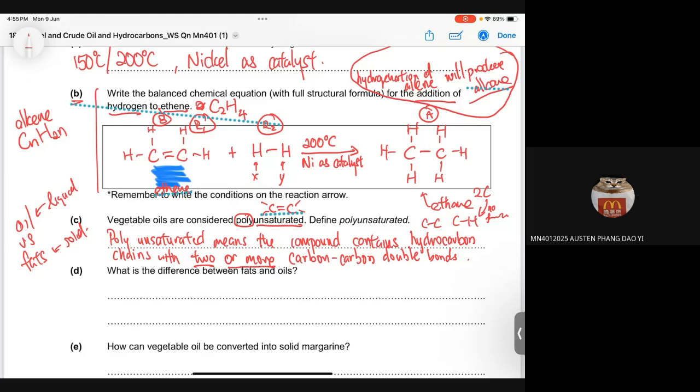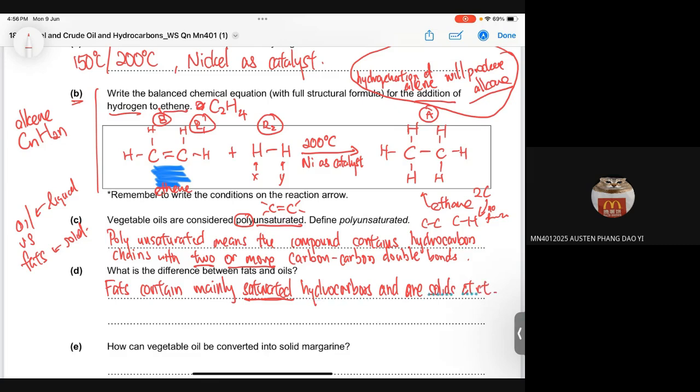I'm just going to write it down here. Fats contain mainly saturated hydrocarbons and are solids at room temperature. I'm going to put RT for room temperature. Just going to write here, room temperature. Now, oil